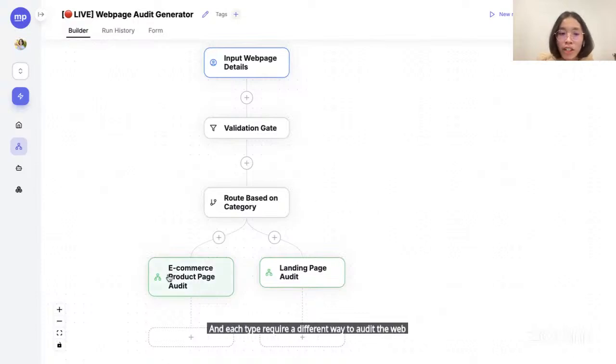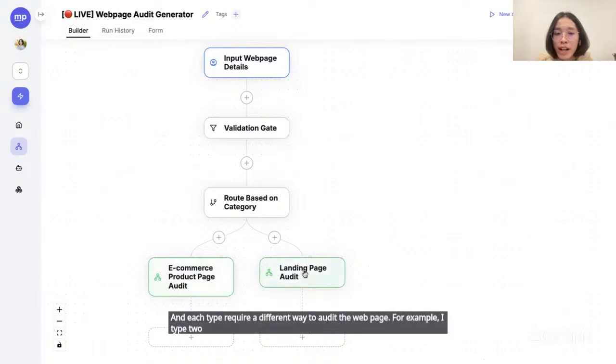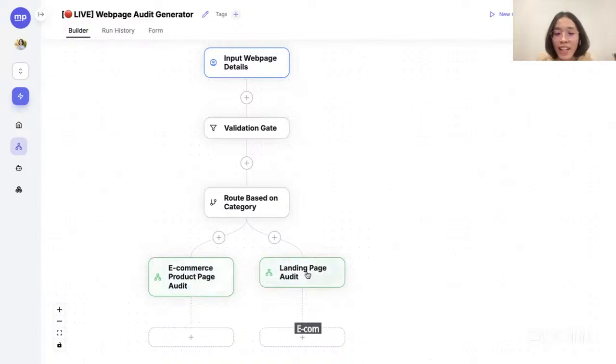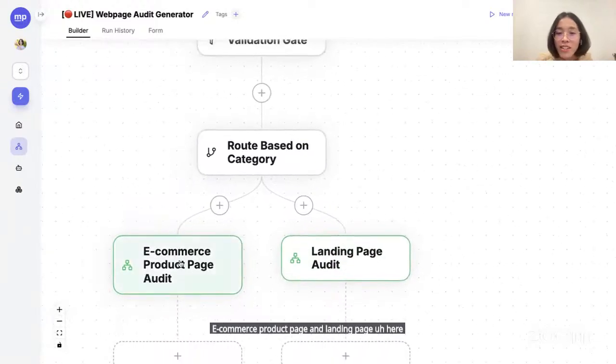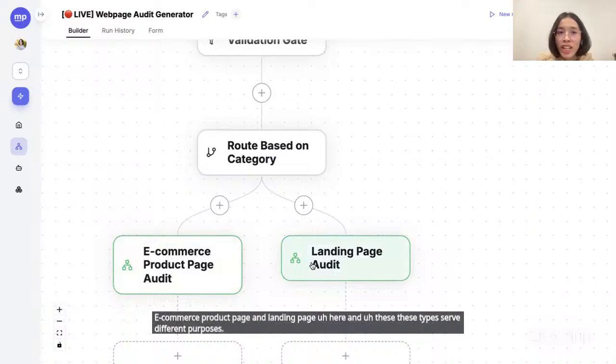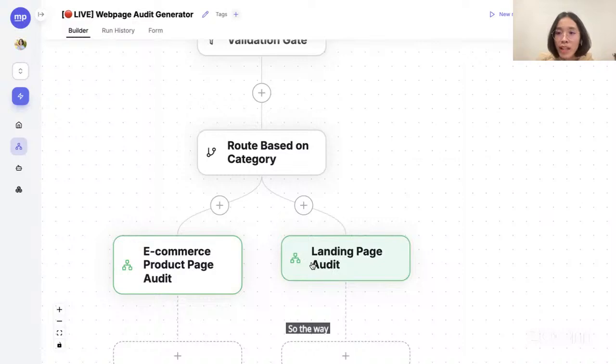For example, I take two common types of web pages as an example. In this case, e-commerce product page and landing page here, and these types serve different purposes. So the way we evaluate them would be very different too. So that's why